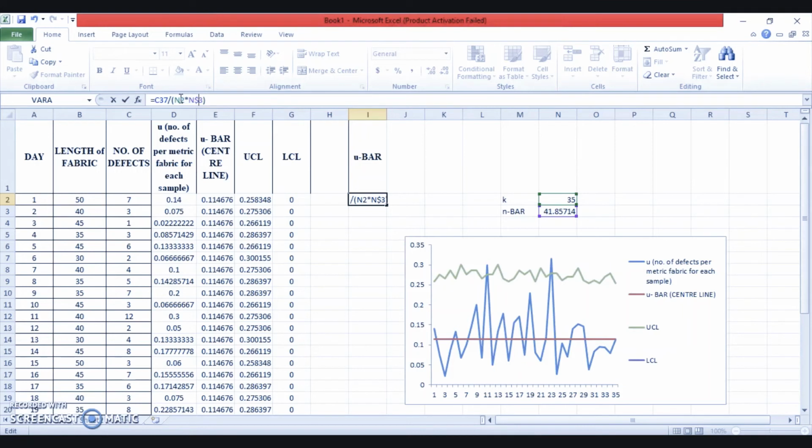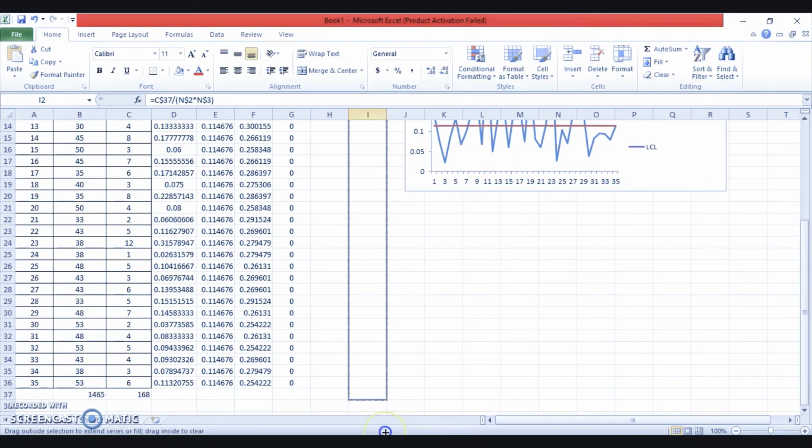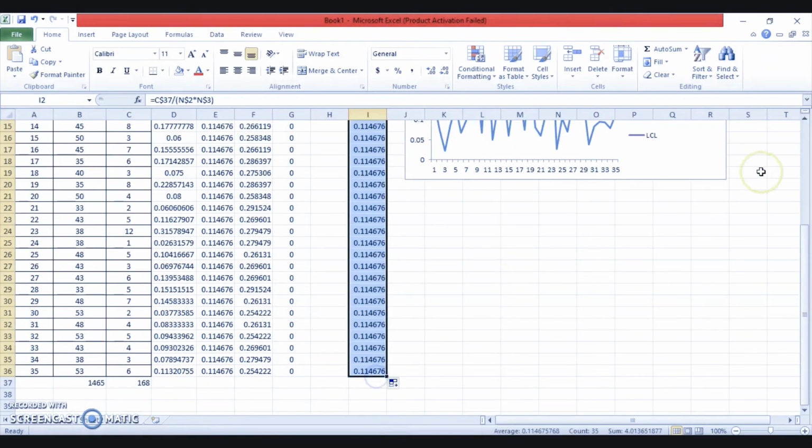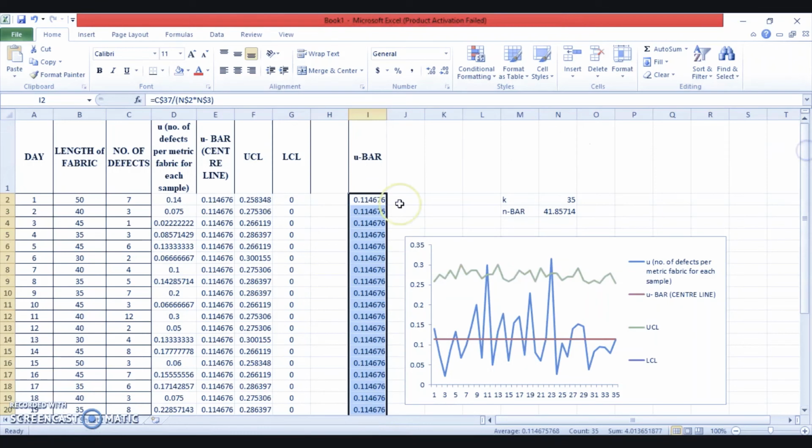I'll just put a $ sign here, then I'll give you more explanation about this. And you know why I put this $ sign here? So that we can get uniform values for the rest of the sample. Here you have to select it and drag it down because it's not within the table till here. Okay, so as you can see, the u bar value which we calculated with the help of the first approach is just the same as this one.